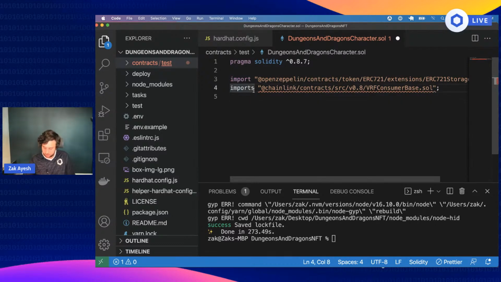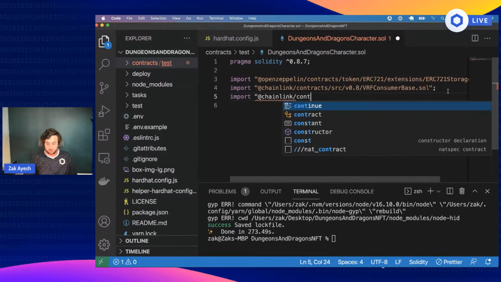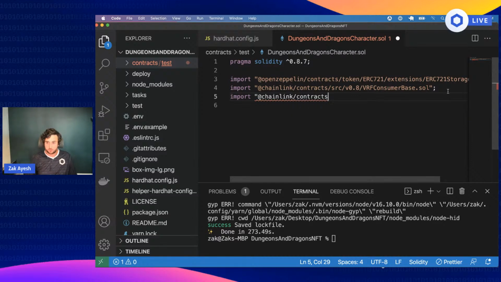Not imports, we need import. And we will import at Chainlink/contracts/src/